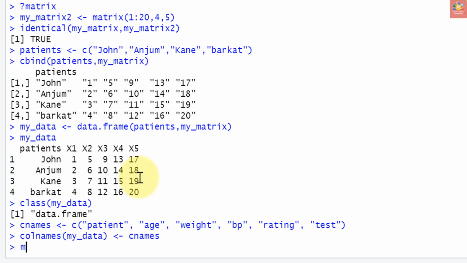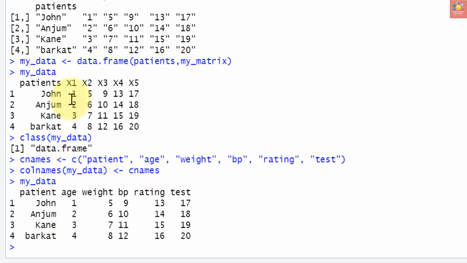And now print my_data. There we have it. Now we have patient, x1 is now age, x2 is weight, x3 is BP, x4 is rating, and the final one x5 is test. So these were the two most important data structures which I have introduced in today's lesson.